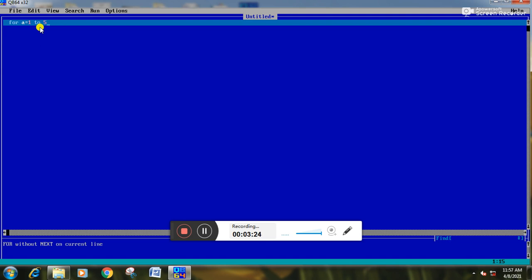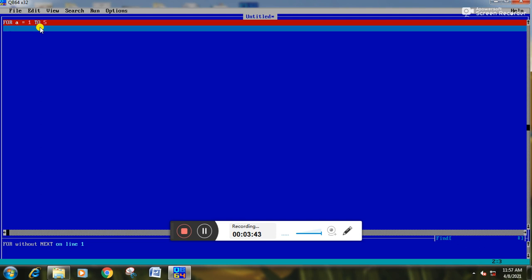If you want, after 1 it will increment to 2, 3, 4. What pattern you want? Suppose you want after 1 to go directly to 3, then the step value will be 2, but by default the step value is 1.